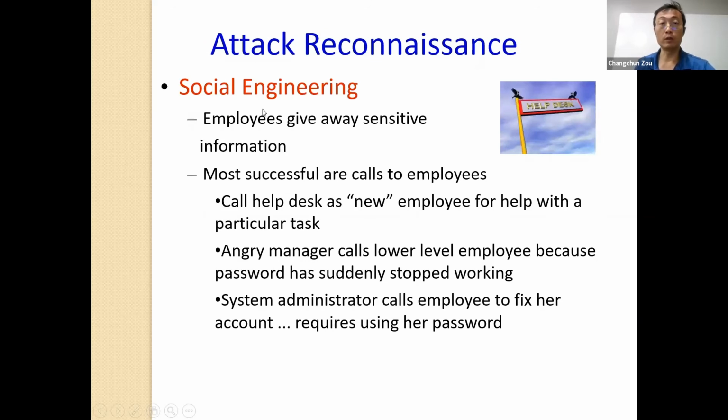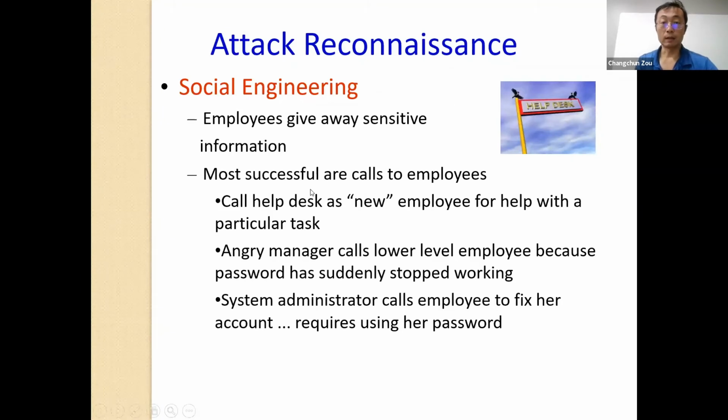Social engineering, we all know that social engineering, even in today's internet, many cyber security breach incidents at big companies start with social engineering, because for an attacker, this is the easiest way to get a foot into a company. Because the company has many employees, it's very easy for them to find some employees that have no idea about security. Then the attacker can use social engineering to get those users' information, like login account information, password information, and